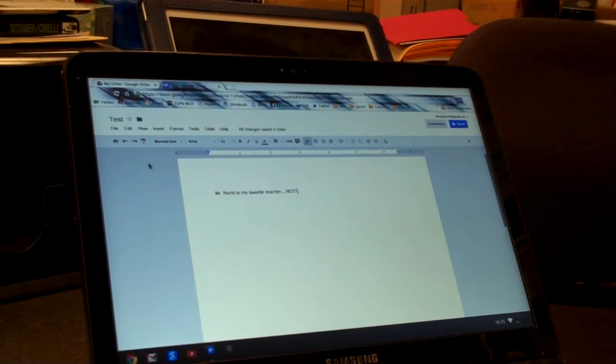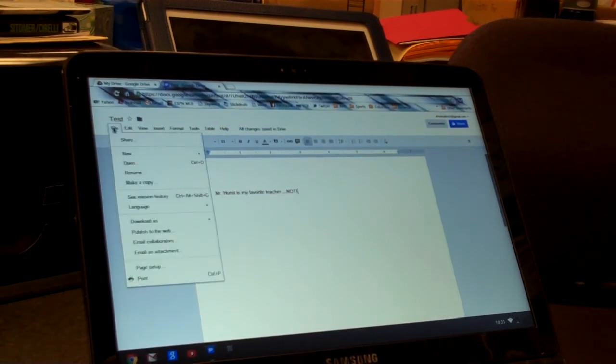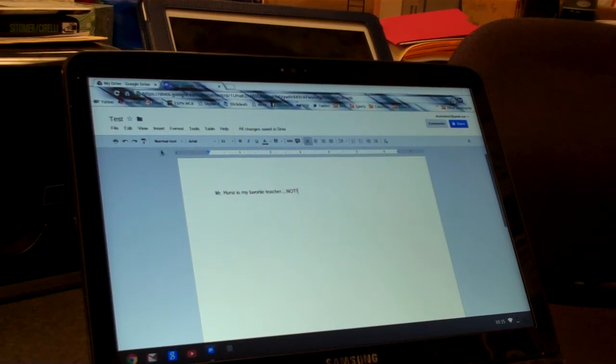Alright, so we're good. We're going to go up to File just like we would on regular Microsoft, and we're just going to go to town. We could print it from here. We could download it as a Microsoft Word document, or at this point we could just go ahead and log out of the program, because it says all changes saved in Drive. Okay, so if we log out of the program,